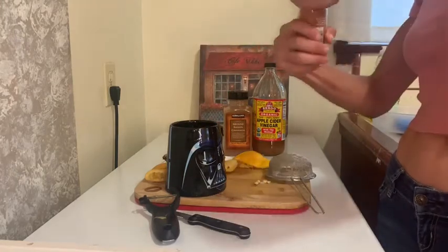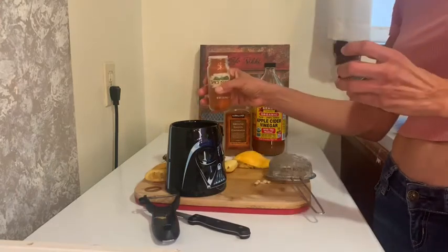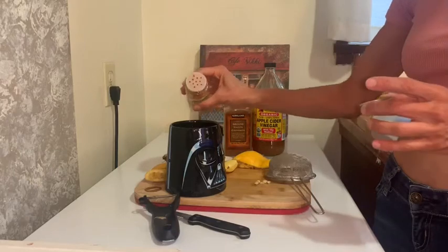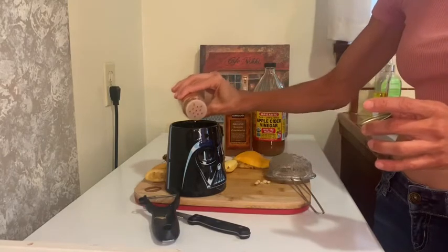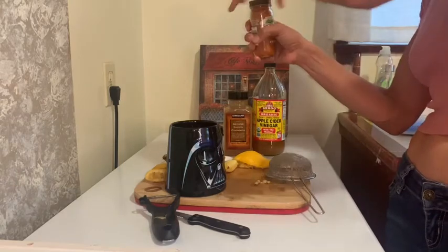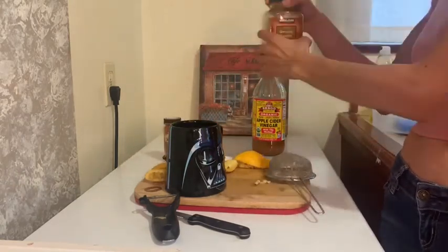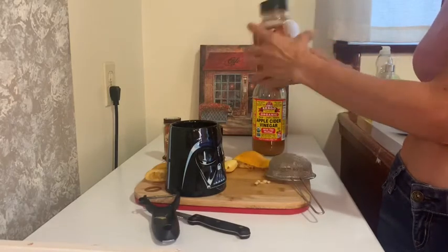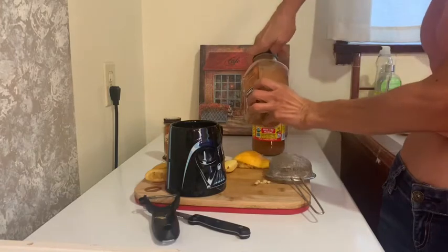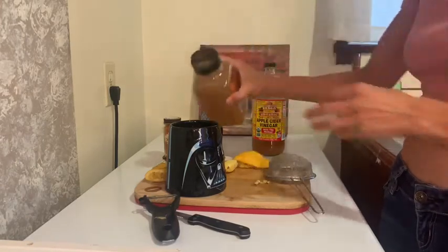I go ahead and open this up, and I'm not very tolerant of very spicy stuff, so I just put just a tiny bit. And usually I like to use cinnamon sticks and then stir my tea with the cinnamon stick, but today I went to the store and I couldn't find them. So hopefully when I go to the store another time. But for now, I'll go ahead and use some